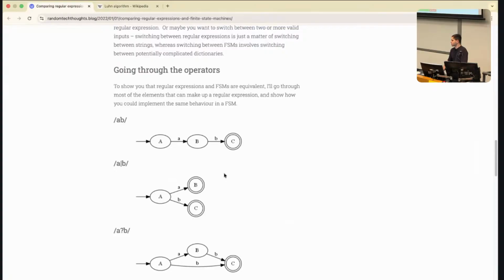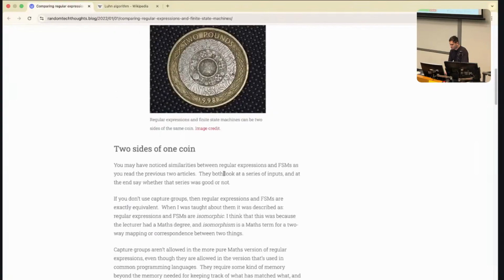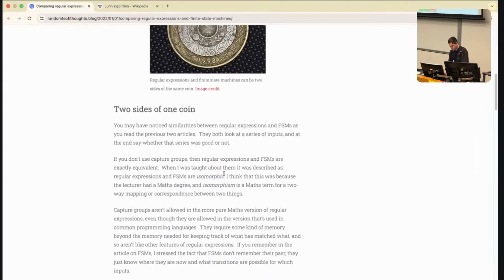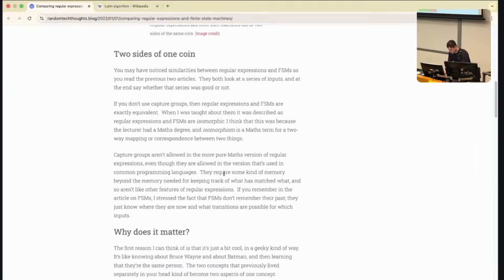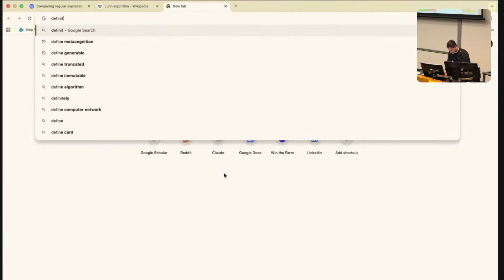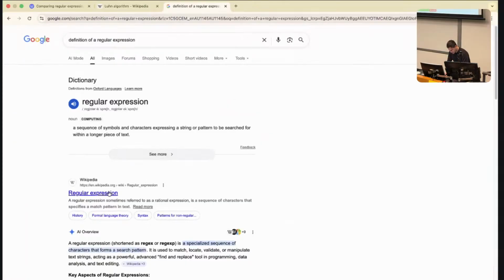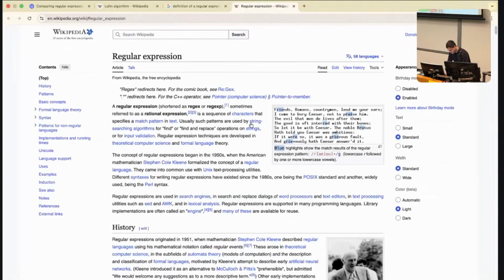So a regular expression is a pattern. There are very strict definitions of what makes a regular expression regular, but it's a sequence of characters that specifies a matching pattern for text. So essentially what that means is if you've got some